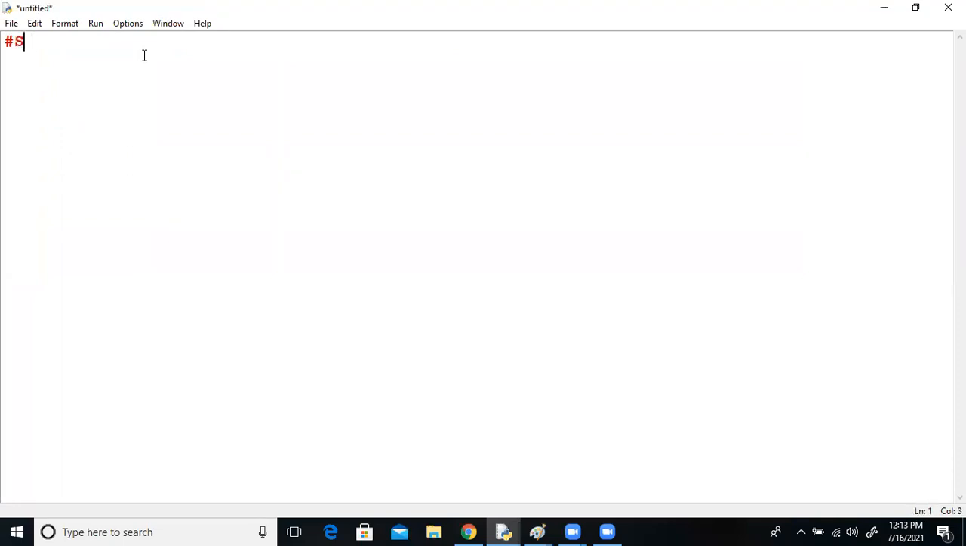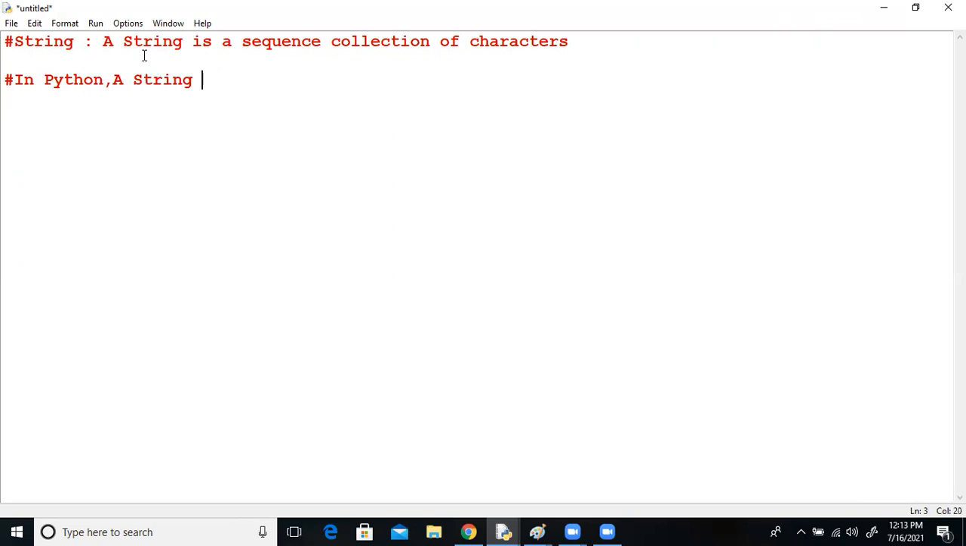Next is what? Strings. What is a string? A string is a sequence collection of characters. A Python string is represented